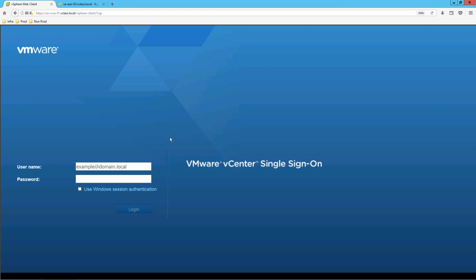To perform the storage vMotion, you need to log into the vCenter Server.